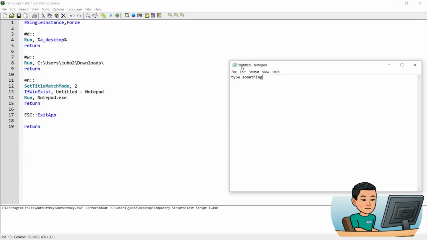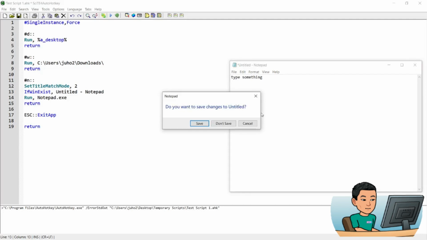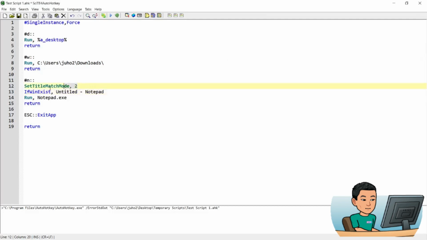By default, WinExist checks for an exact match. So if you don't set the title match mode to 2, which refers to partial match, it's not going to be able to identify the notepad that has untitled - Notepad in the title. So that's why you set the title match mode to 2. Once you set up if WinExist untitled notepad, you're going to create a